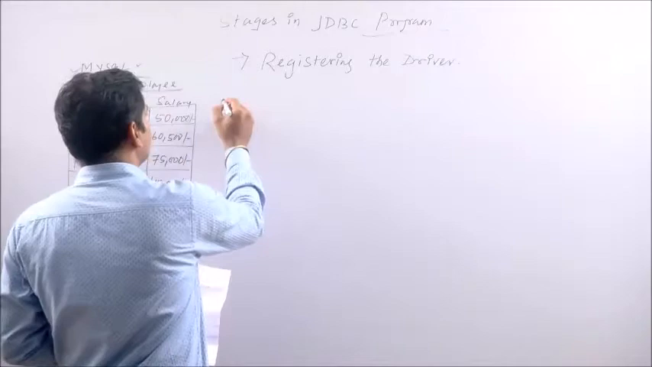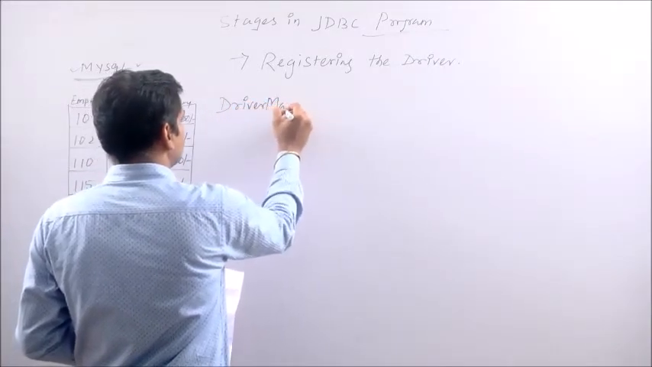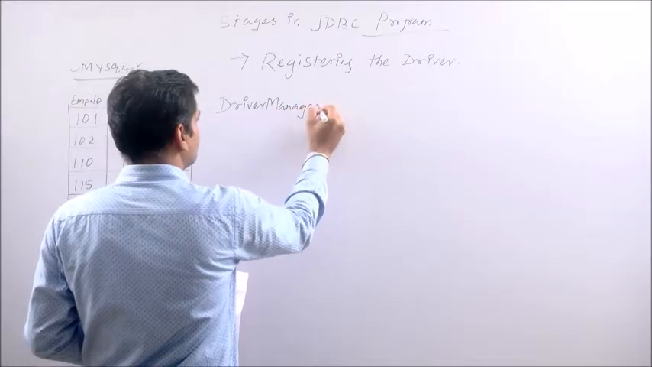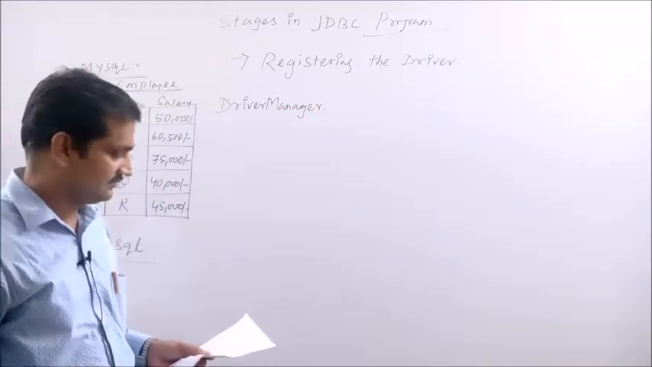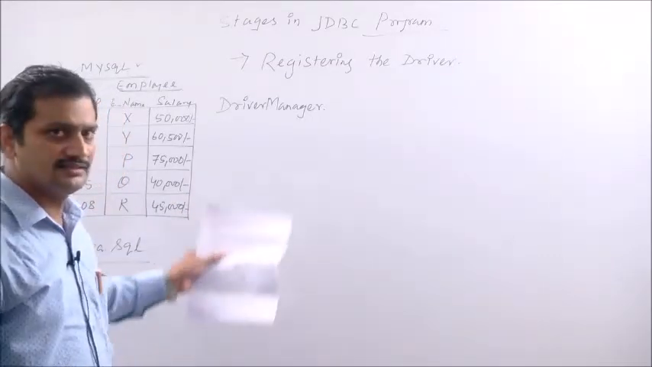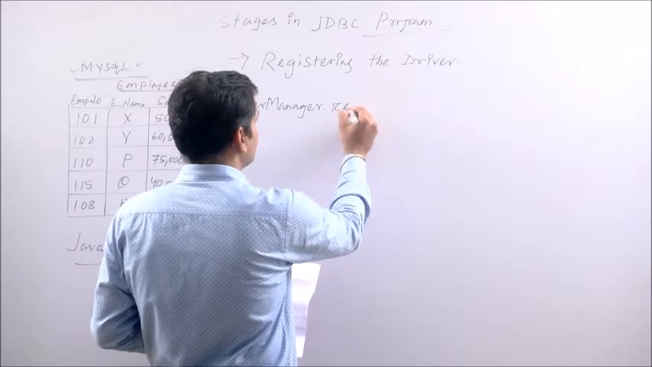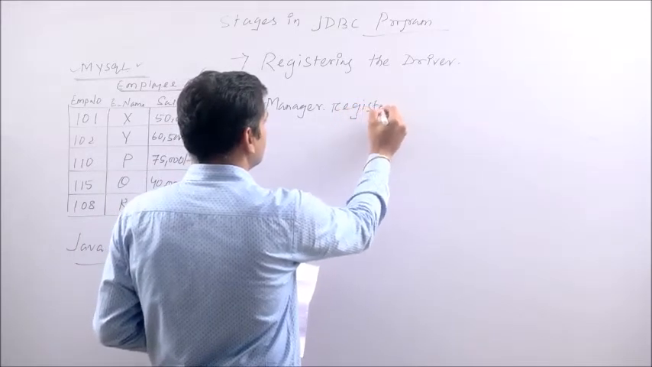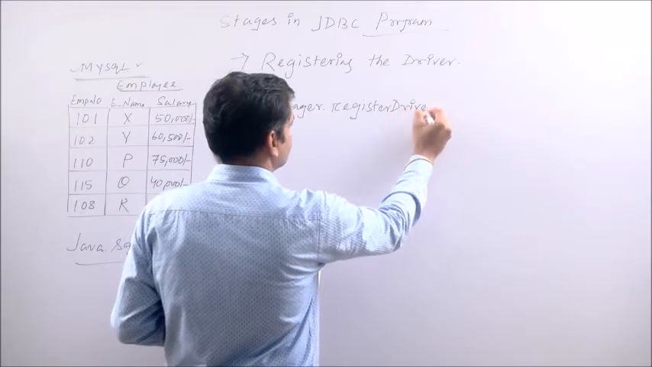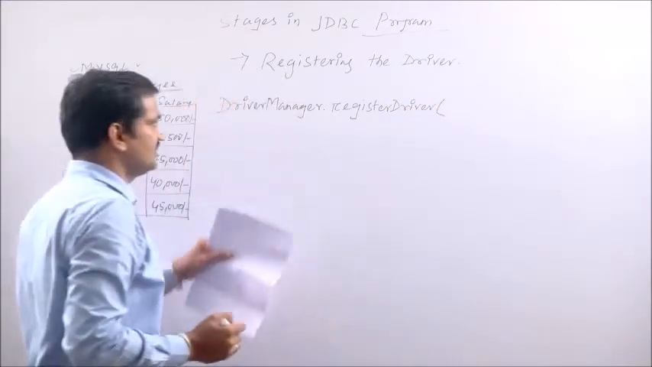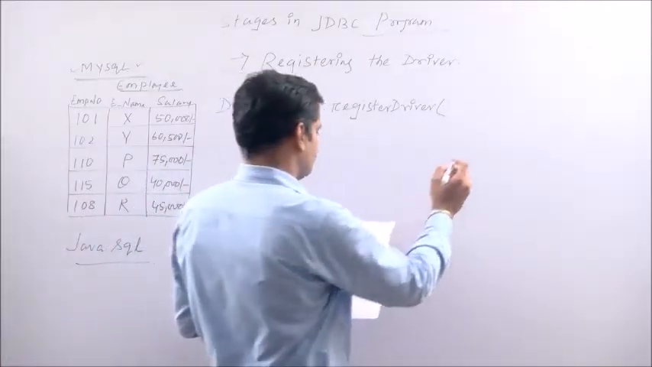For registering the driver, we use the class DriverManager. There are four methods of registering the driver, but this is one of them, by using the DriverManager and the method registerDriver. Within the DriverManager class, there is a method that is registerDriver. What argument do we give to this? We give one object of